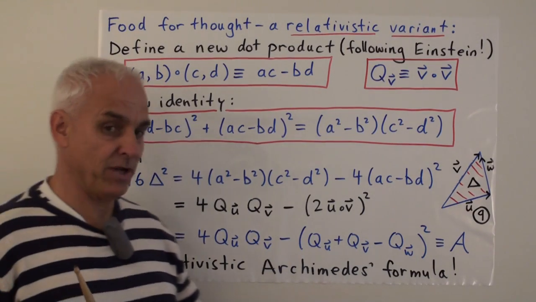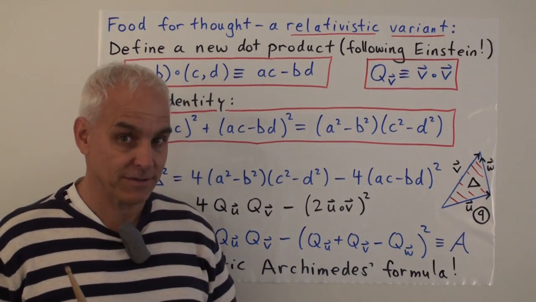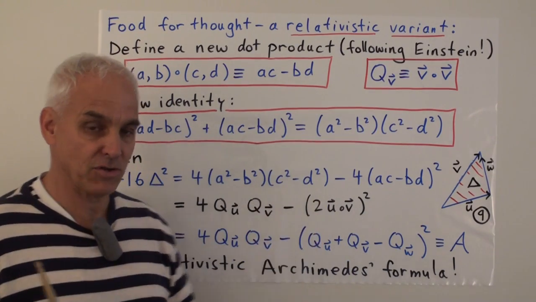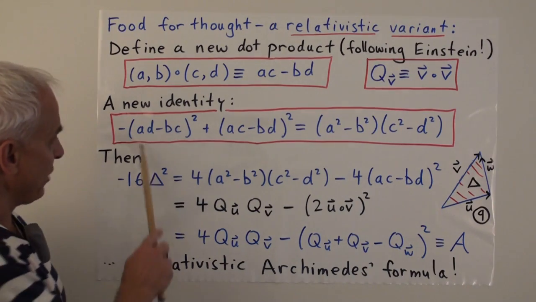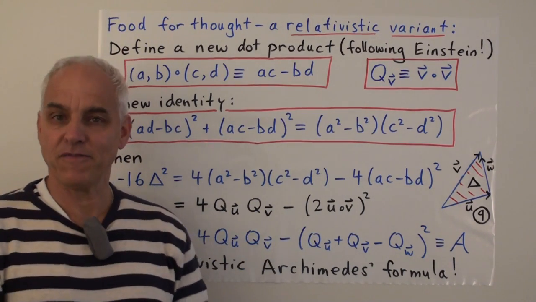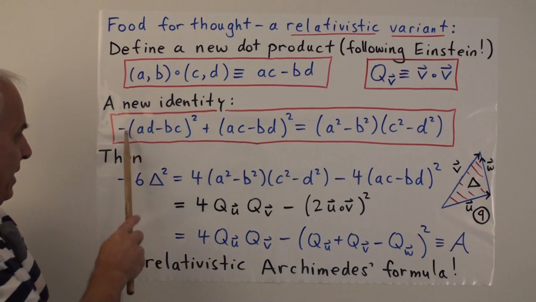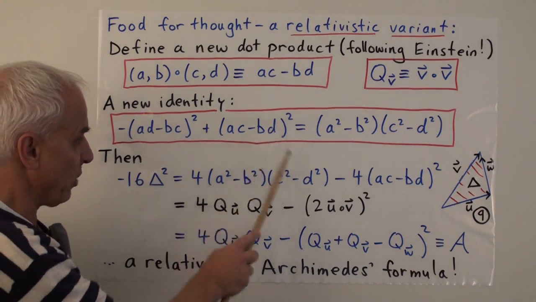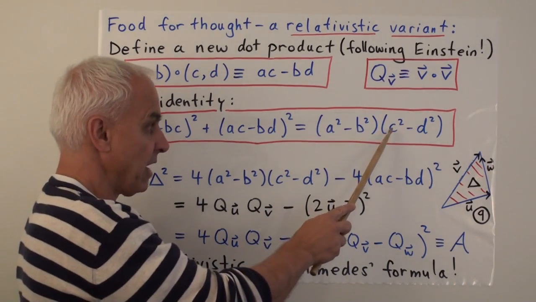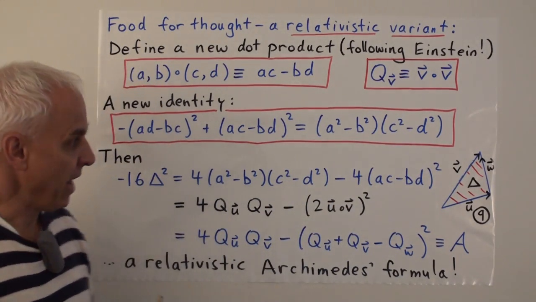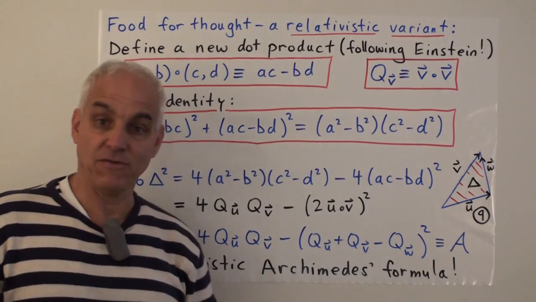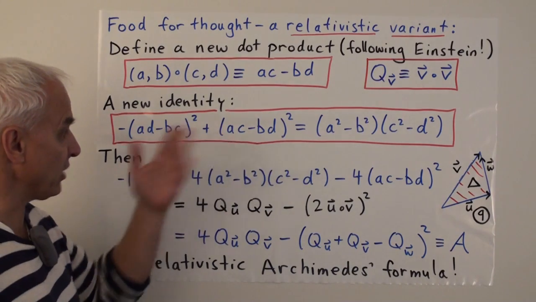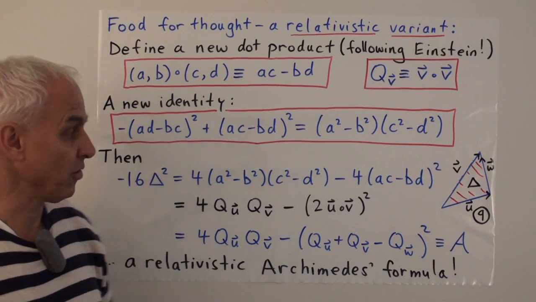With rational trigonometry, which is the natural framework for physics, you don't need to worry about that because you avoid square roots, or at least try to. All right, so here is a variant on Fibonacci's identity. It's (minus AD minus BC) all squared plus (AC minus BD) squared equals (A squared minus B squared) times (C squared minus D squared). And you can verify that just as easily as you verified the former one. Just expand both sides and collect terms and see that they're both equal.